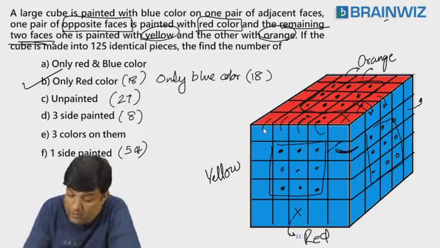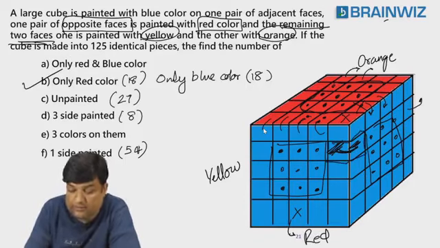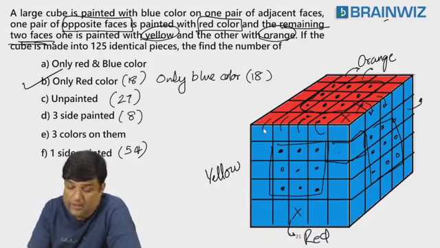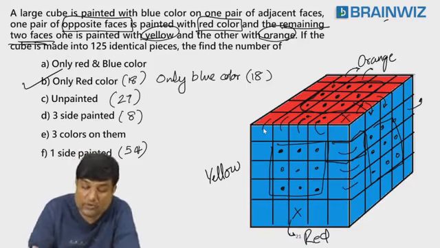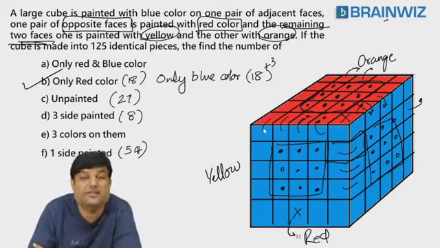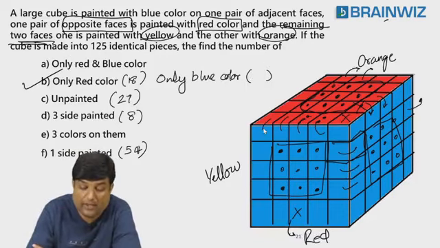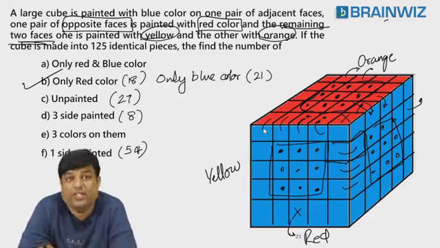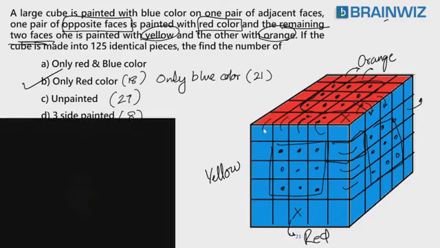Yes. Here also blue. Here also blue. This single piece is also there. This piece, this piece, this piece. 3 more pieces are there. So the answer is not 18. The answer is 18 plus 3. The answer is 21. Students, the answer is not 18. The answer is 21. Following? Sagar said 24. Shivani said 24. Are you understanding?